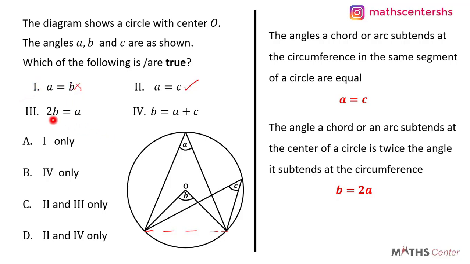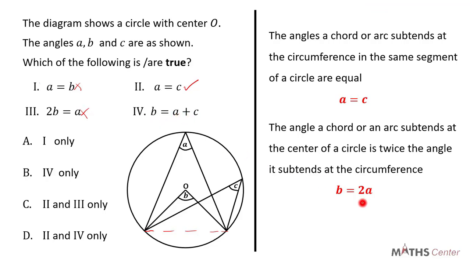And in the same way, option II is also wrong, because we have 2B is equal to A. And we have established that B is equal to 2A is the correct one. So 2B is equal to A is also wrong. Now let's see if the last option, which is option IV, is correct, which is B is equal to A